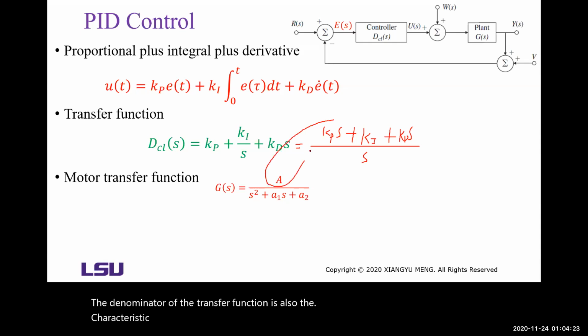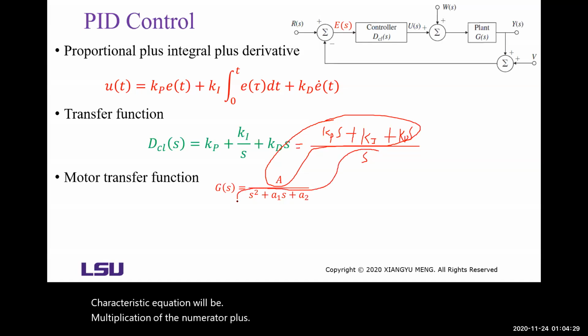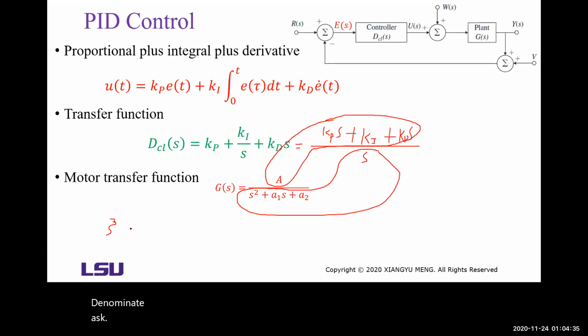It will be the multiplication of the numerators plus the multiplication of the denominators: s^3 plus a1 s^2 plus a2 s plus a Kd